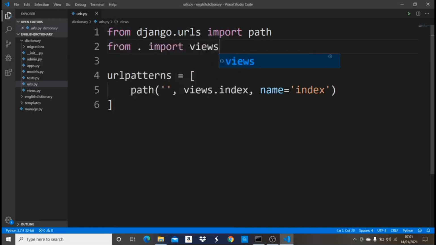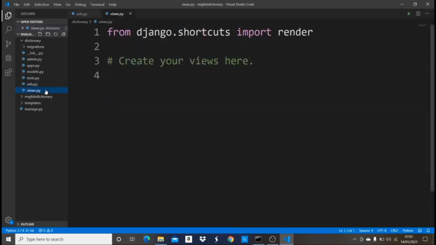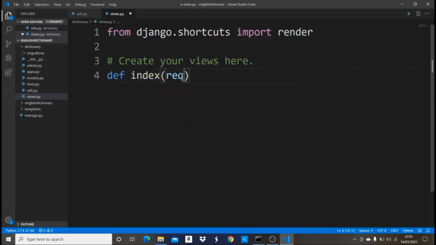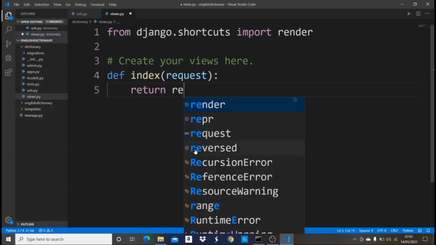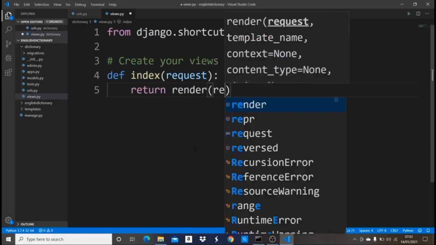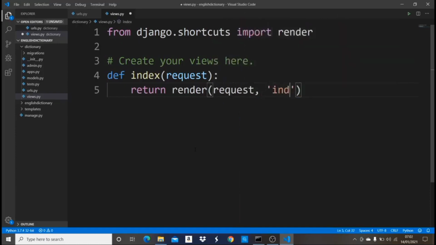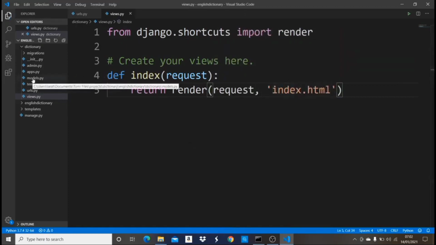So I'm going to go into the views file now and create a new function named index. So I'm going to say def index. It's going to take a request, and then I'm going to render this HTML page in this templates folder. So I'll say return render, request, index.html. Okay, let's make sure this is correct. index.html. So before our index.html can show as our own page, we also need to come into the project folder